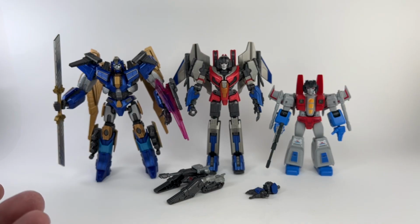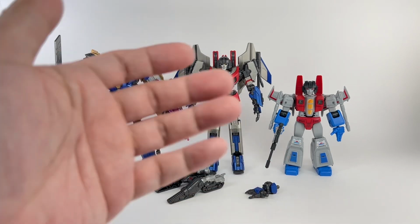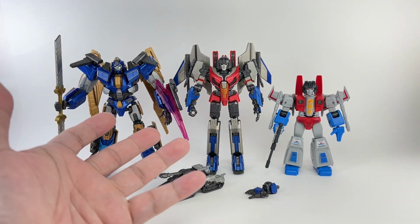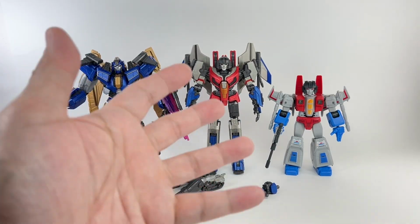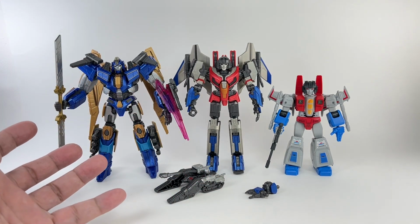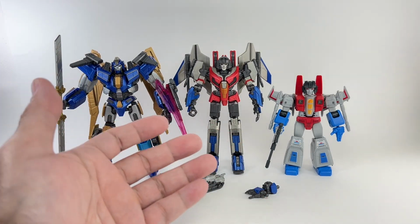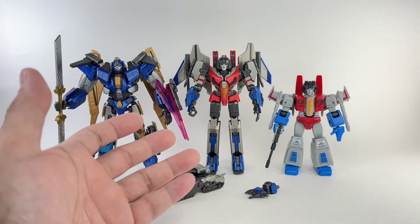I don't know. I do apologize if my voice doesn't sound as enthusiastic as how I did with the Sentinel Prime figure. And that's because the figure, it's a great build. I had a great time building it. I thought the pieces, the parts, the details were great. It just felt a little bit underwhelming compared to this figure, and I don't think I can really fault the designers because they had very little to go with. He wasn't such a main character in the movie. I guess he was a supporting cast member, and he didn't really get a lot of airtime,